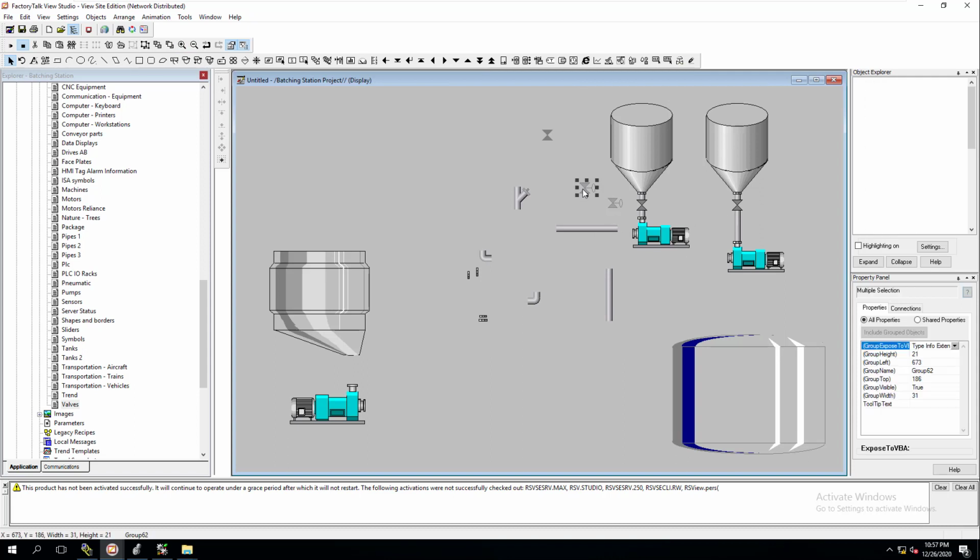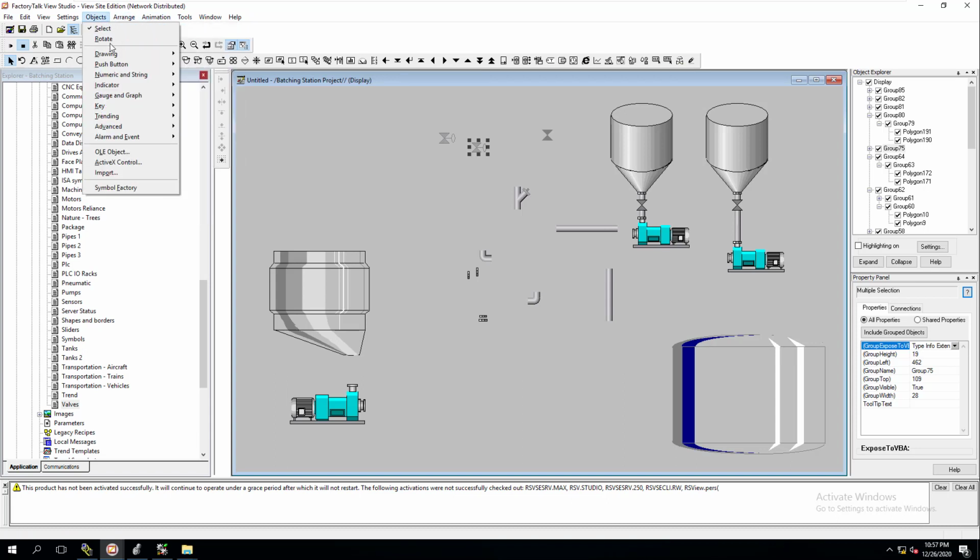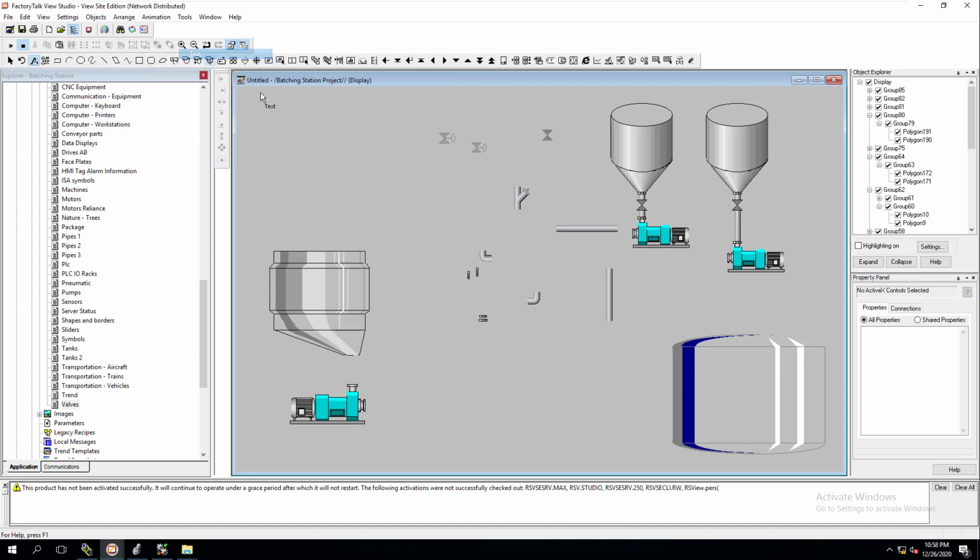So now we can move these out of the way, so we're not actually going to use these right now, but I did want to make the valves look a little bit better so that you can actually see that. Now another key component is we want to have text in here. So you come over here, you can do a drawing, you can do push button. We're going to do standard text, and we're going to call this